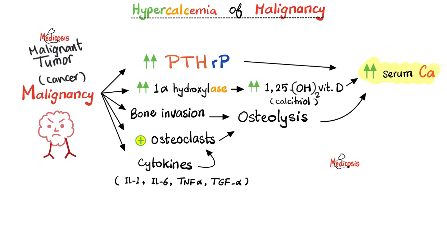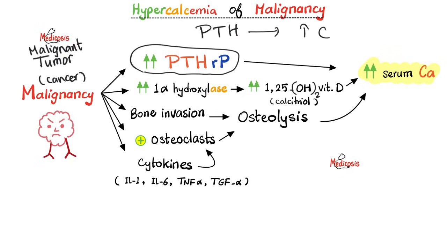Cancer can increase the formation of PTHrP, parathyroid hormone-related peptide, not to be confused with the good old natural endogenous parathyroid hormone made by your good old parathyroid gland. These two have the same function but a different structure. So what did PTH do? PTH used to increase serum calcium and trash the serum phosphate. PTHrP is going to do the exact same thing. It's going to increase serum calcium, and that's why many patients who have cancer also have hypercalcemia. We call this hypercalcemia of malignancy.